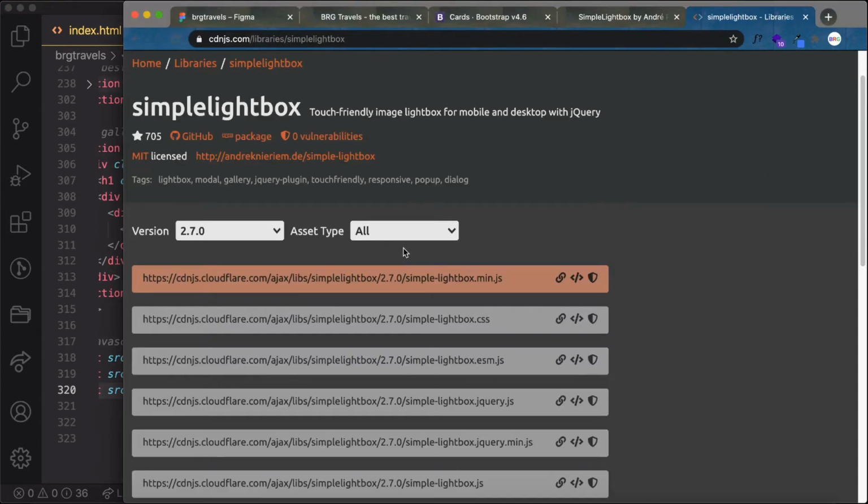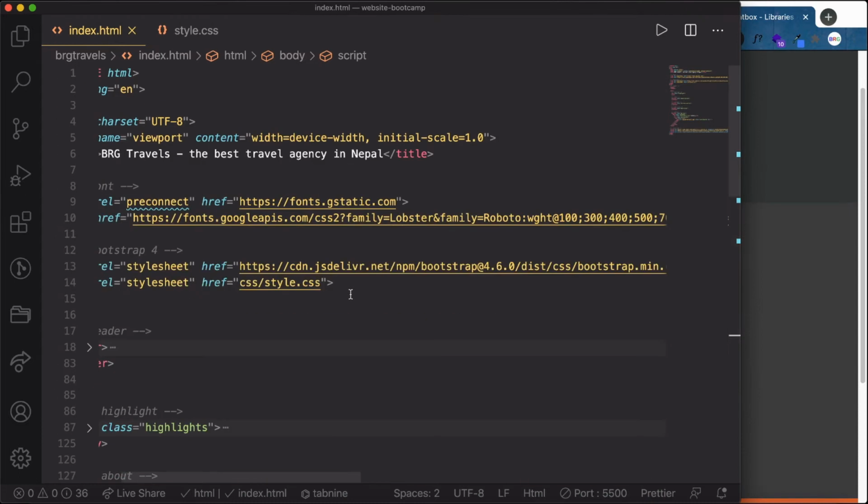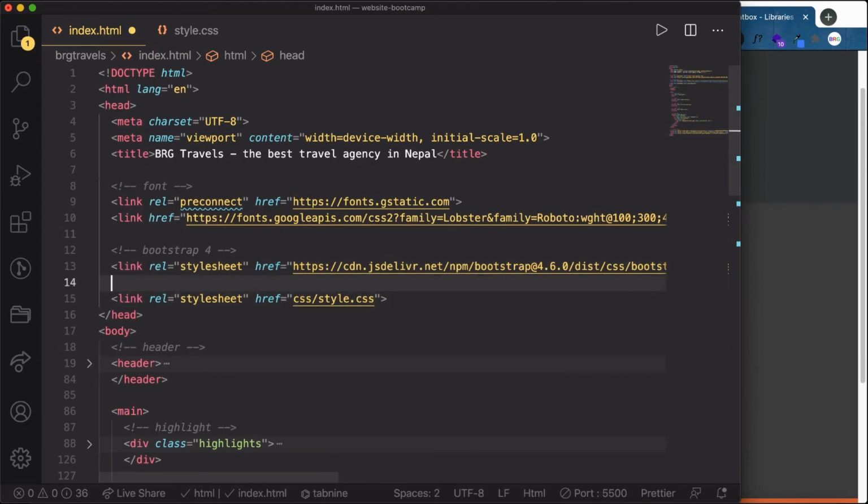And for styling, switch it to styling, and then copy the simple-lightbox.min.css, and then paste it above the style CSS.